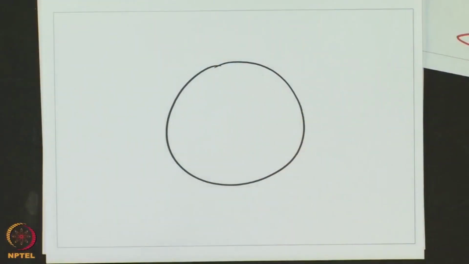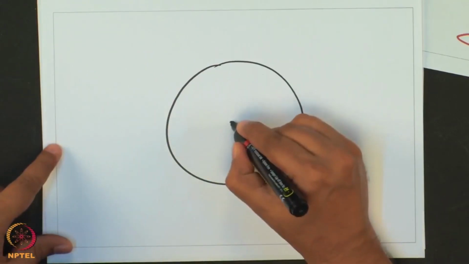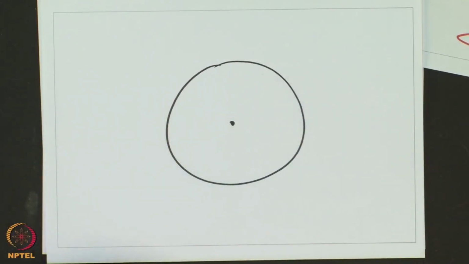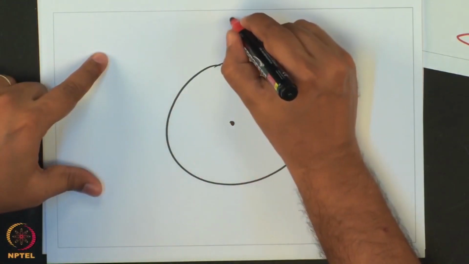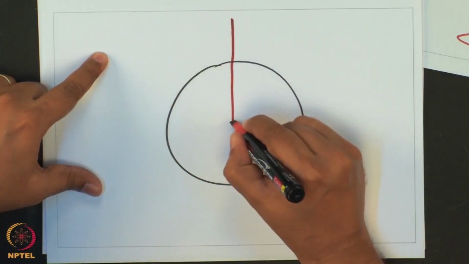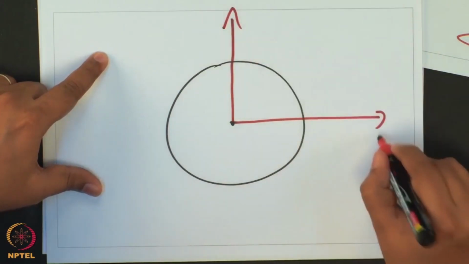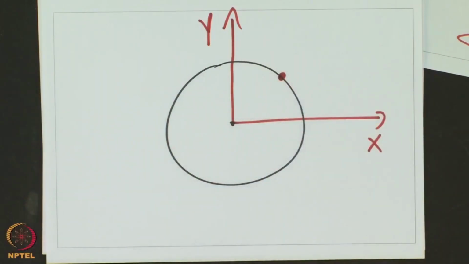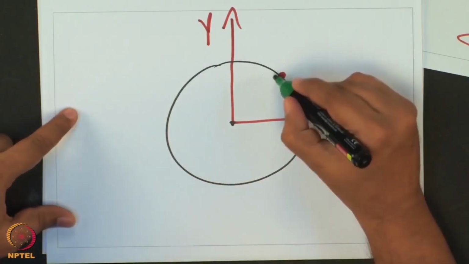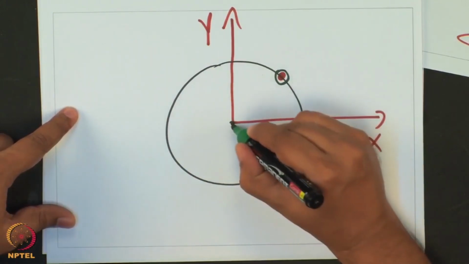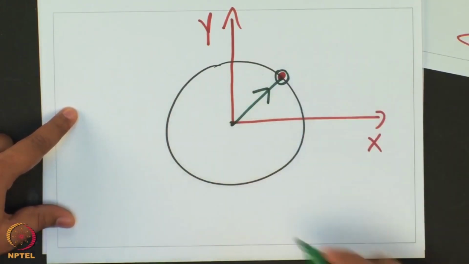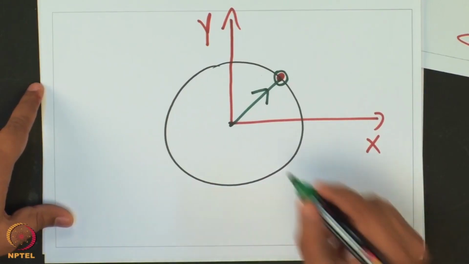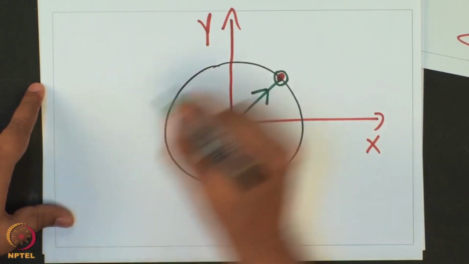So, let us consider a circle. We have a circle, and at the middle of the circle I will put an xy axis. So, let us have an x-axis and a y-axis here. So, this is my x and y, and this point on the cell. Let us say we have some point of interest in the cell, and I can draw a vector from here to here. And we already learned that this vector, if I call it the r vector,